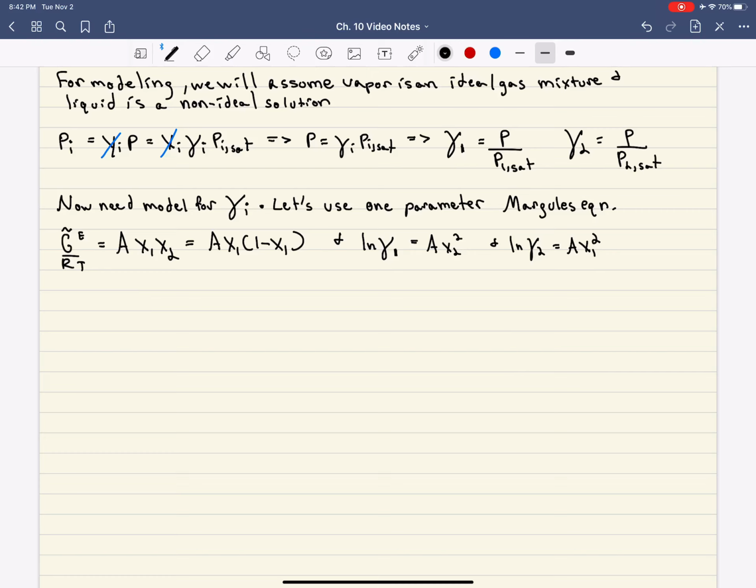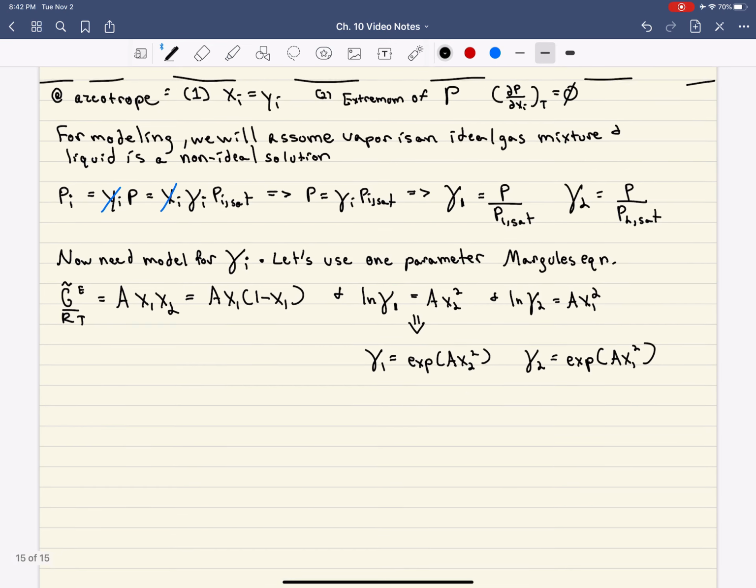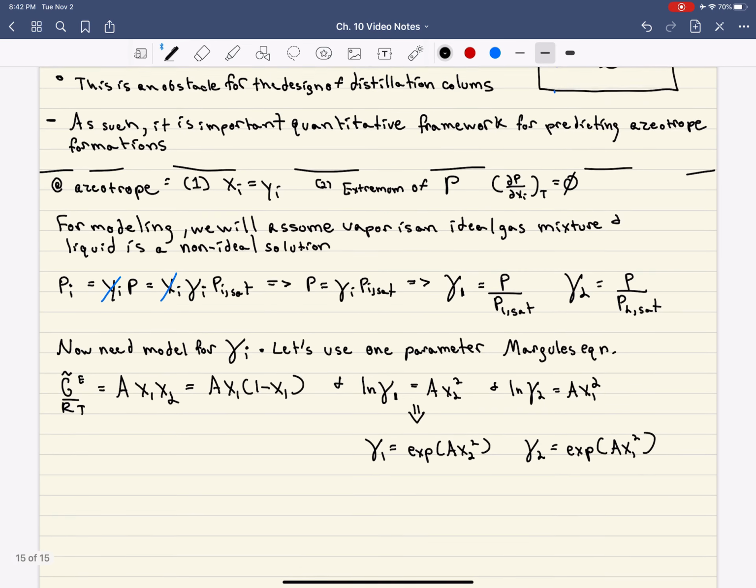So there's a sort of symmetry that goes on here with the one parameter Margules equation. We could also solve these explicitly for gamma 1 and gamma 2. Now that we have equations for gamma 1 and gamma 2, we could go back and plug them in